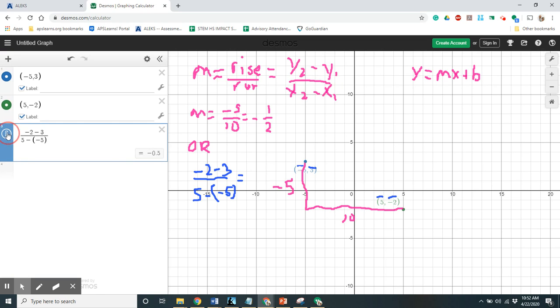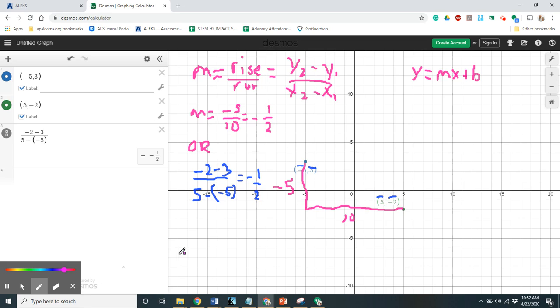I do fraction mode, get the same answer, -1/2. Okay, so the slope goes in for the m. So our equation is now y is equal to negative 1 half x